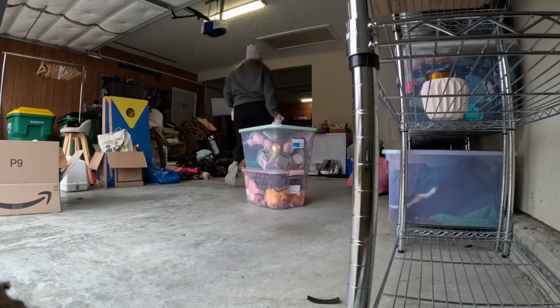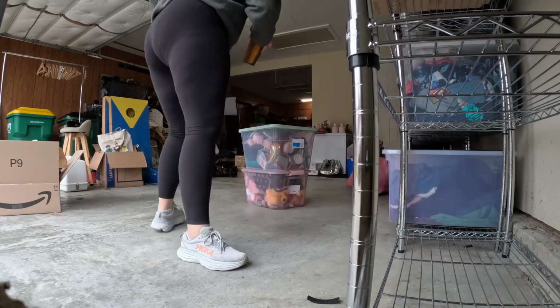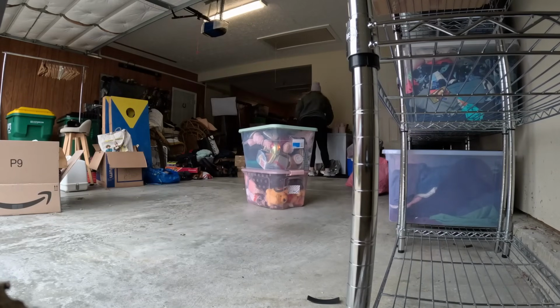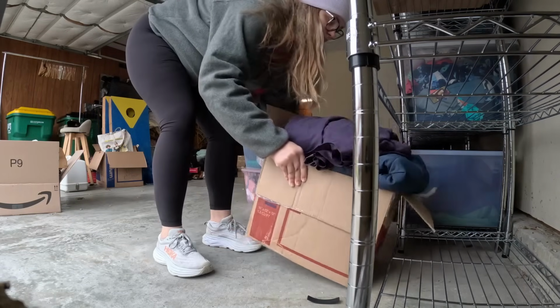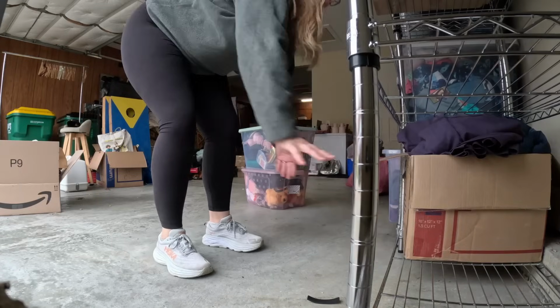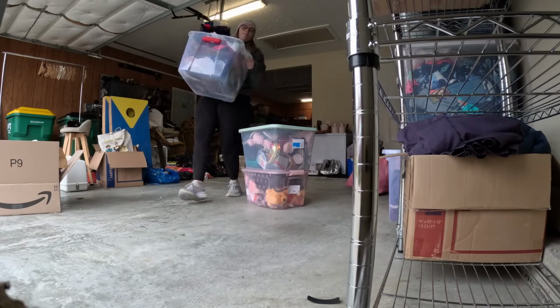But I have a passion for interior design as well as for thrifting, and so you'll see random pieces of home goods just kind of scattered around in my garage. So I'm trying to think of a way to also start some sort of interior design or interior decorating, some sort of home goods reselling, some kind of vision is what I'm working on currently. In addition to all my reselling ventures and also the YouTube and all of this stuff,